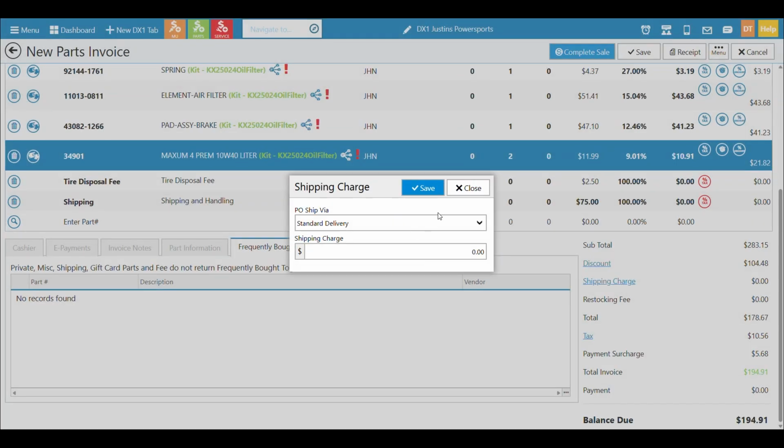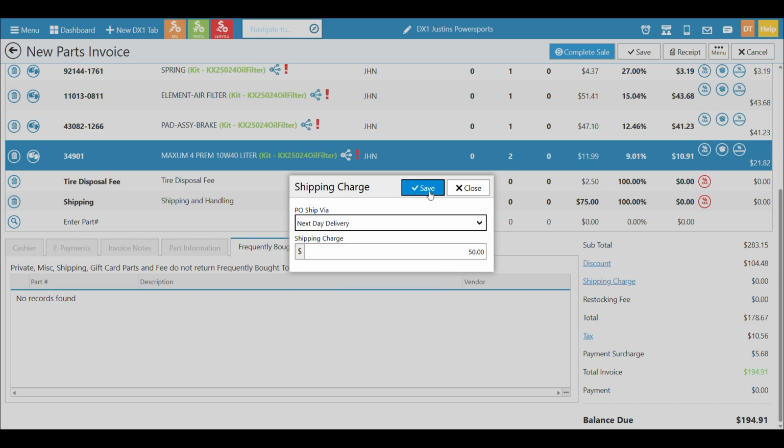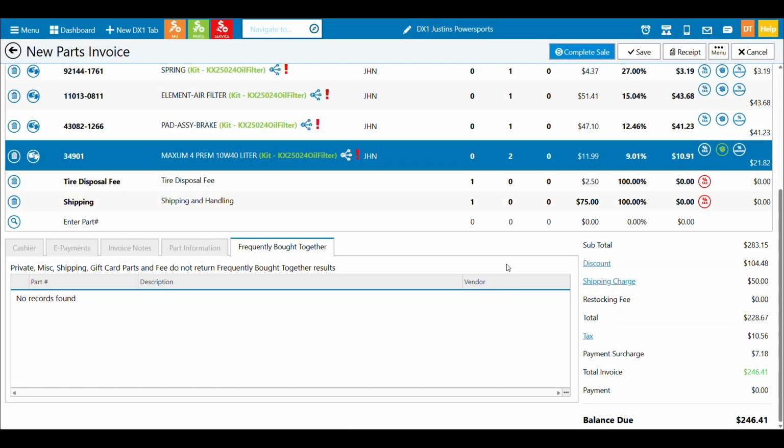Again, we can go in, and in this case, we were adding a shipping charge for a part item, but in this case, we can still go in and just add a shipping charge for the invoice. Maybe it's not $50 for all the parts. It's going to be $50 to get these parts to me, because all these parts are coming one day. So I don't need to put it on a particular part. I'm just going to say we have a next day air delivery shipping charge for $50, and then it gets added in there. And you can see it just picked the last part on the list to add it to.